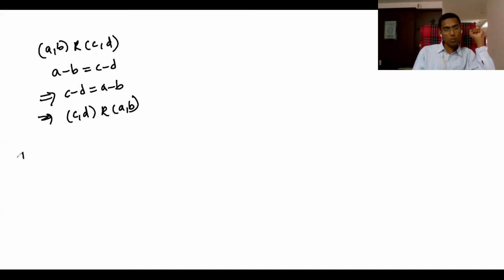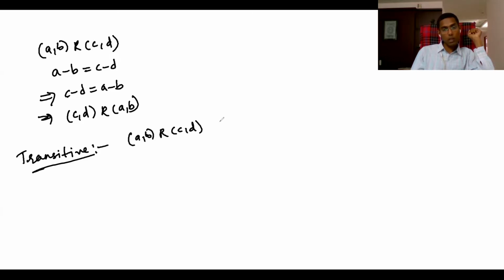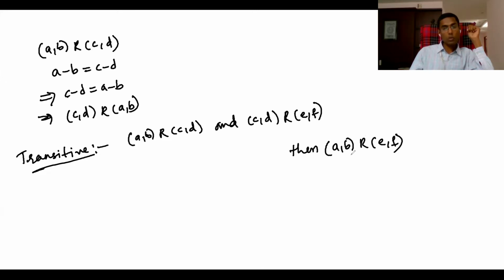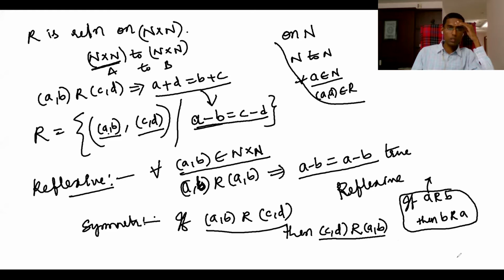It is actually very simple if you understand transitive. What is transitive? If (A, B) is related to (C, D) and (C, D) is related to (E, F), taking (E, F), then (A, B) should relate to (E, F). So take a screenshot, because it is going to go. Please take a fast screenshot. Okay, hope everybody has taken the screenshot. The next one, also take a screenshot.